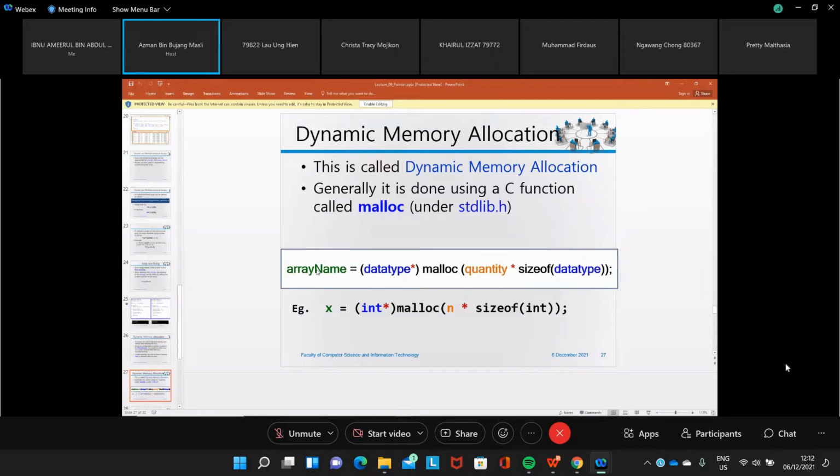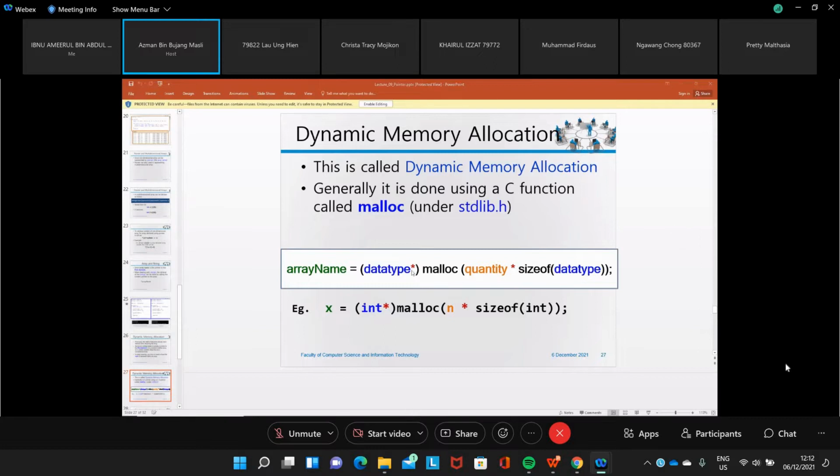Unlike a static array, where you have to decide the size before you compile the program because you need to declare the array with the size, isn't it? But using malloc, you can create your array dynamically. The size can be determined when you run the program. That is the purpose of malloc.